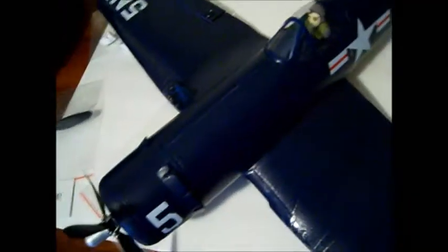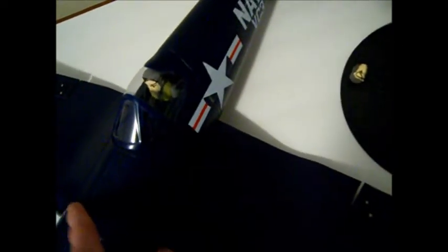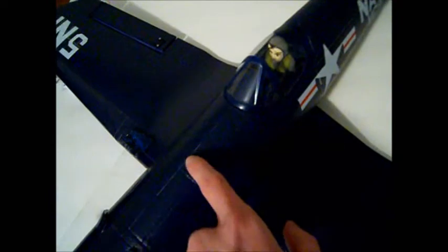Like, these servos aren't always going to be in the exact same spot. They might be a little bit forward, a little bit back, and that'll change where your center of gravity is going to be. But I didn't have to add any nose weight. I just put the 800 LiPo as far forward as it would go on the stock setup. I mean, I didn't have to cut any foam. I just stuck it as far forward, which probably the back of it goes to right about there. That's just a guess. It might go up to here. I don't know. But either way, you push it as far forward, and you take a little piece of foam